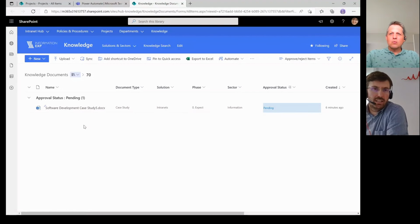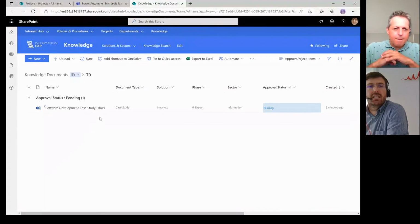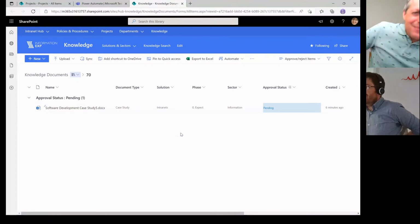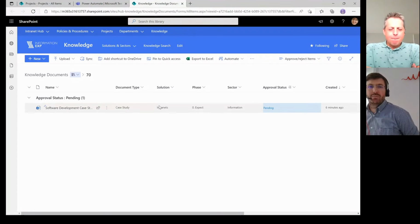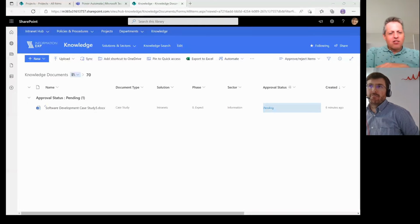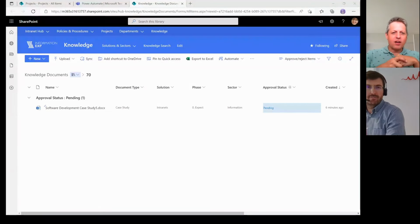And from here, I can see that the software development case study is now sitting in that library. The metadata that we put in when we submitted it has also been incorporated here, and the approval status for the document is currently showing as pending. That's great, Phil. I think at this stage, that is where your librarian or knowledge curator can come in